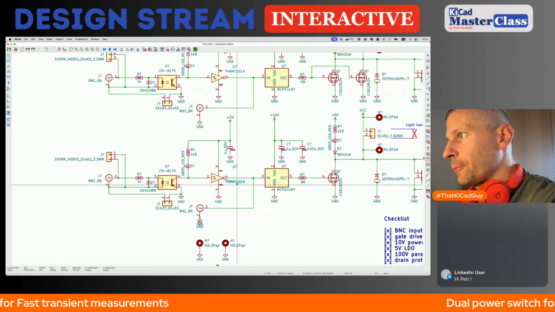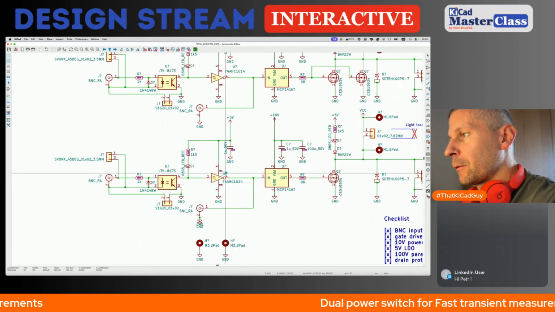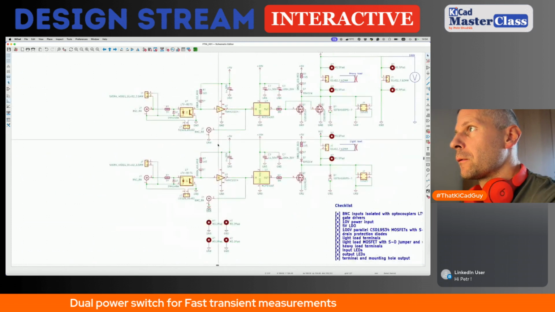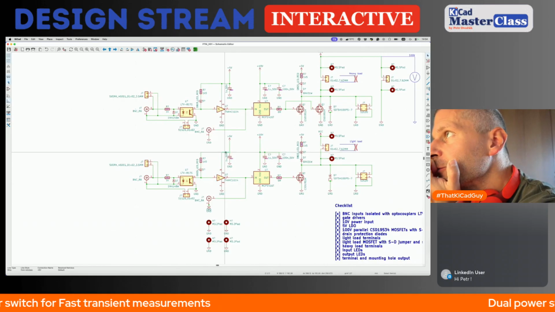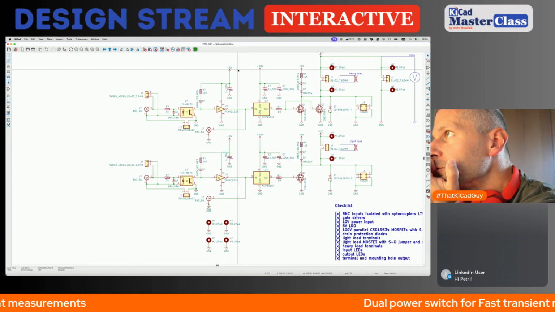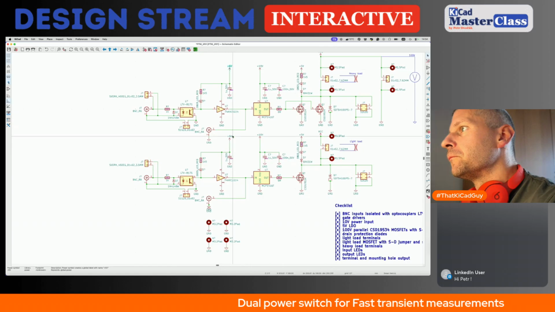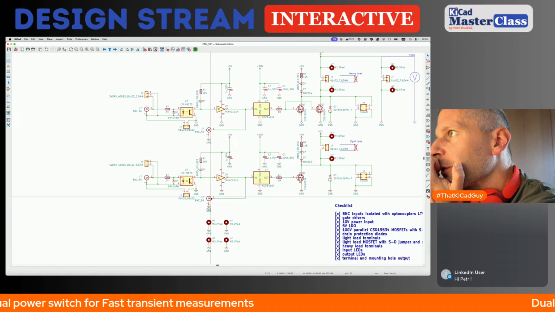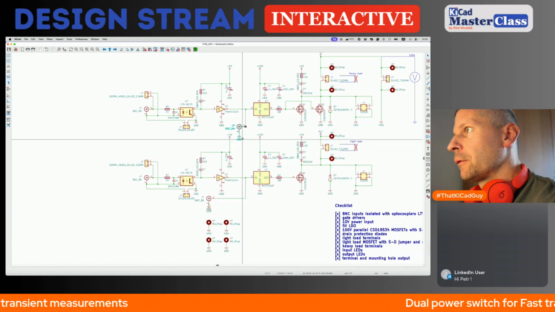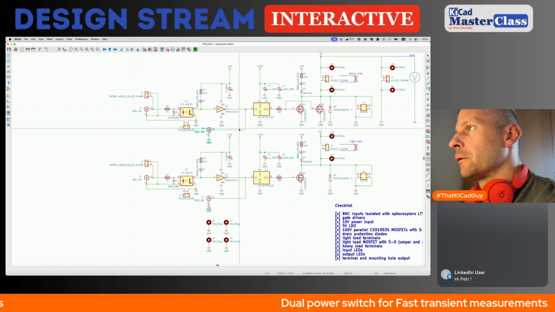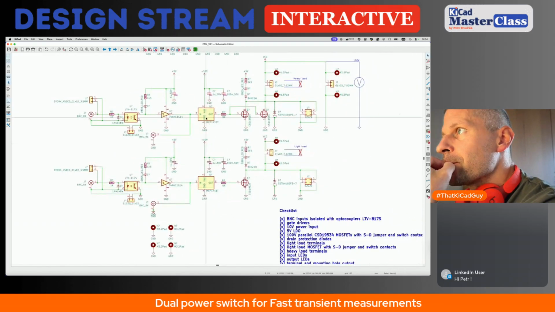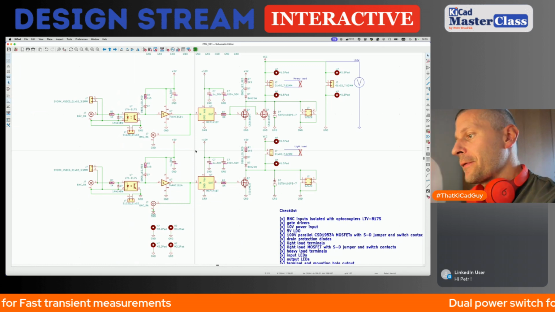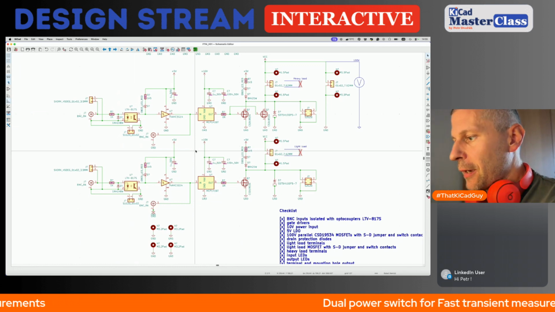Yes, so we have our inverter, supplied from 5 volts. There is the output monitoring connector. Yes, just one isolation here. That makes more sense. I think that's better, much better. Yeah, let me